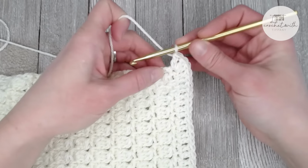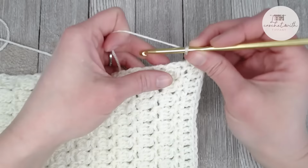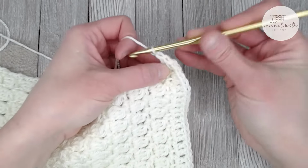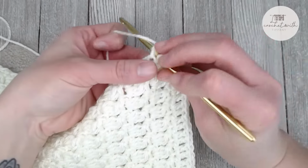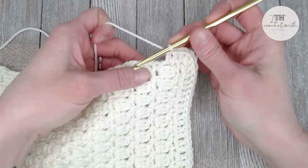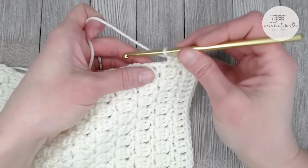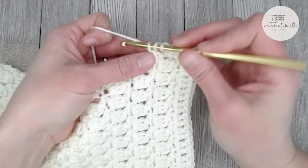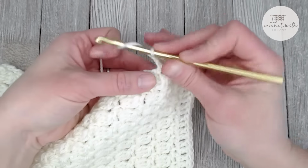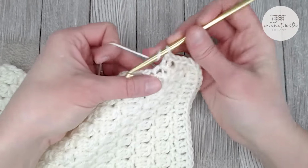So I move straight to the bobble stitch row. My bobble stitch row gets 2 double crochets. 1, 2. Okay, in between my bobbles, I have my single crochet row, and I will just make 1 double crochet. 1. Got my bobble stitch. 1,